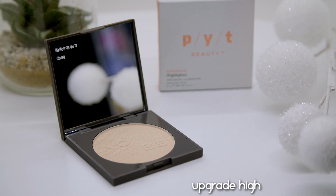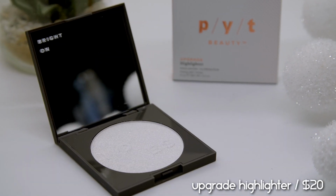everywhere, you know. Also, you guys, what is happening? I can't find their highlighter on there anymore. I don't understand. I really hope they are not going to pull this product completely, because I love this highlighter. And I have it in 2 shades, and we're still gonna put it on for today's video because I love it. So this is their upgrade highlighter, and I have this in the shade Backstage Pass, and I have it